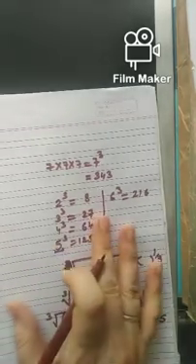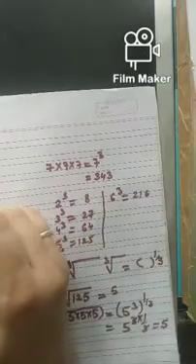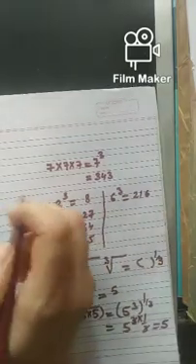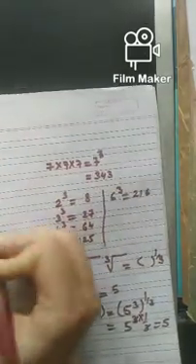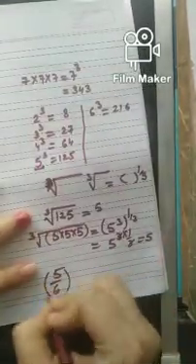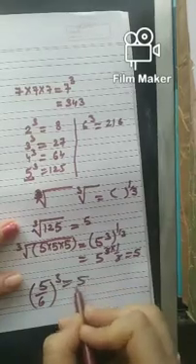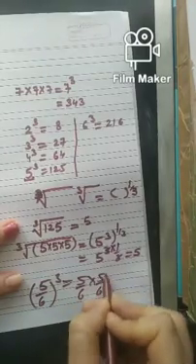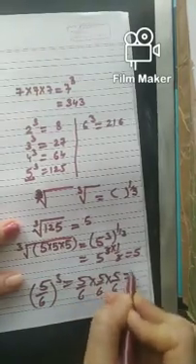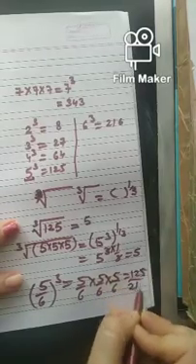Okay, so what is there in the first question? Beta, in that they are simply asking to find cubes of these. Like if they are asking cube of 5 by 6, so you can write 5 by 6 raised to power 3, means multiply it 3 times. 5 by 6, 5 by 6, 5 by 6. So this will be 125 over 216.